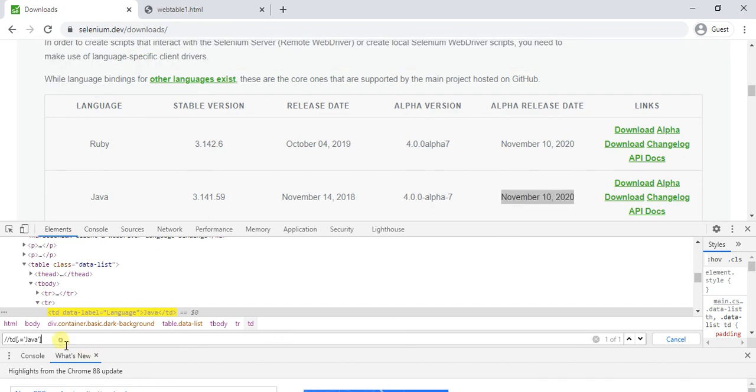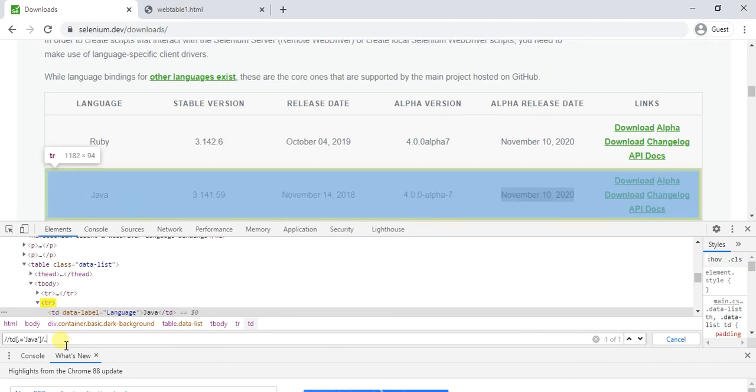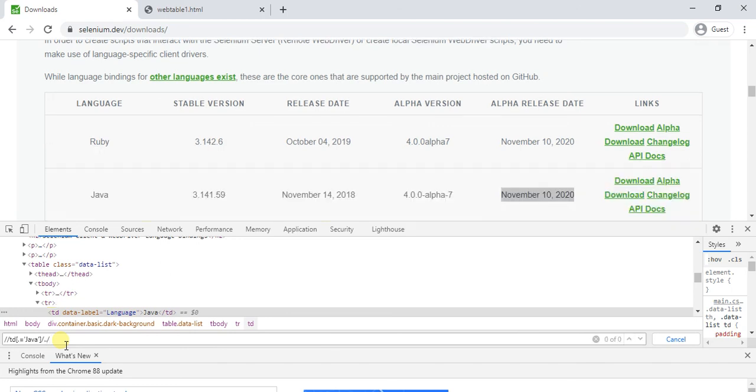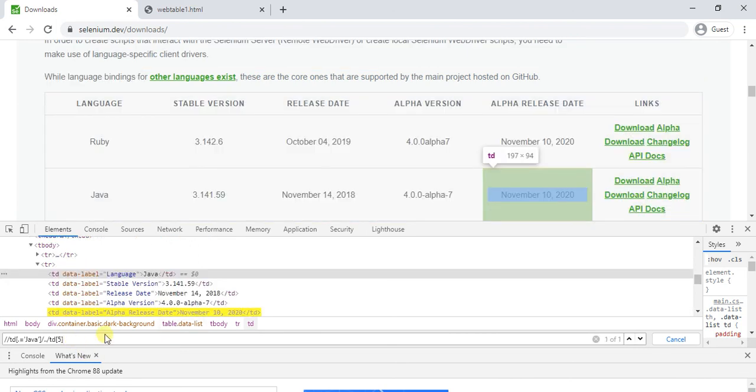What I have to do? Single slash double dot, then again single slash td. Then open the bracket. The index always starts from 1: 1, 2, 3, 4, 5. I have to give 5. See, now this is showing 1 of 1 and it is highlighting.